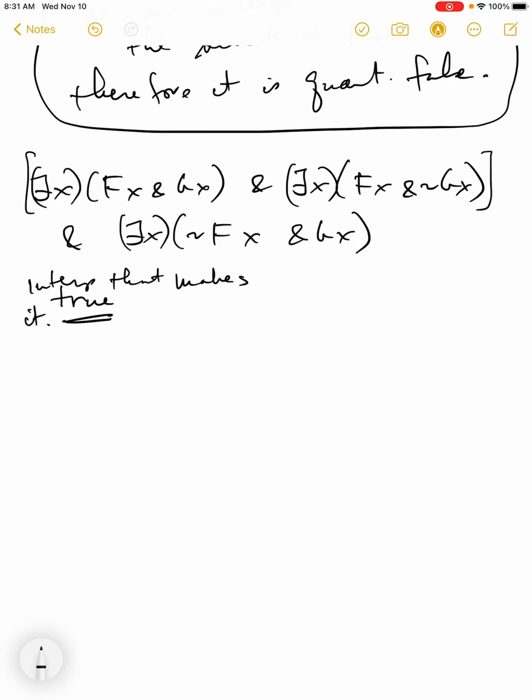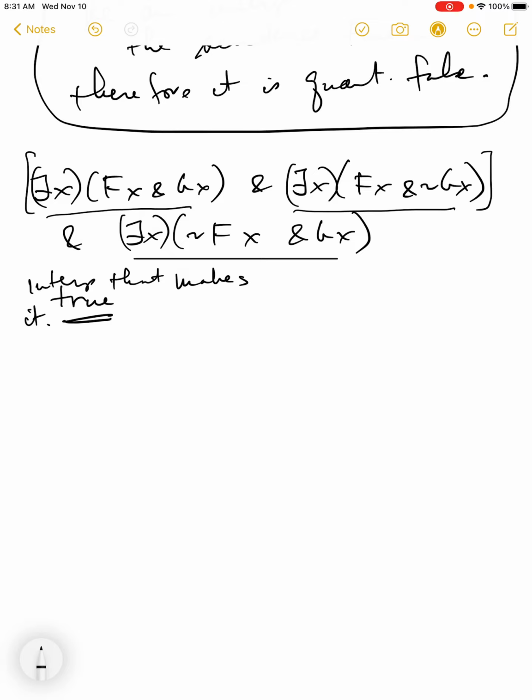If there's an interpretation that makes it true, it has to make all three of these sentences true, right? There's got to be something that's F and G, something that's F and not G, something that's not F and G. And so I'm going to give an abstract interpretation that